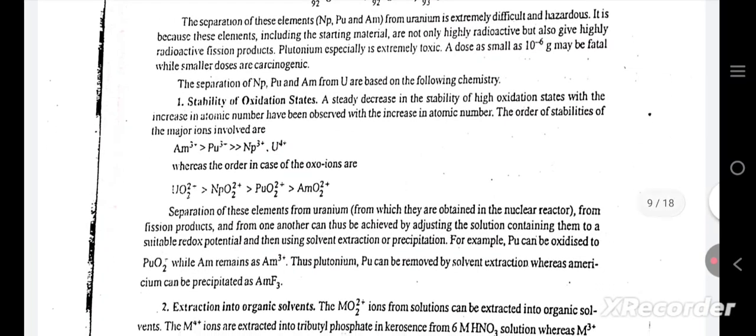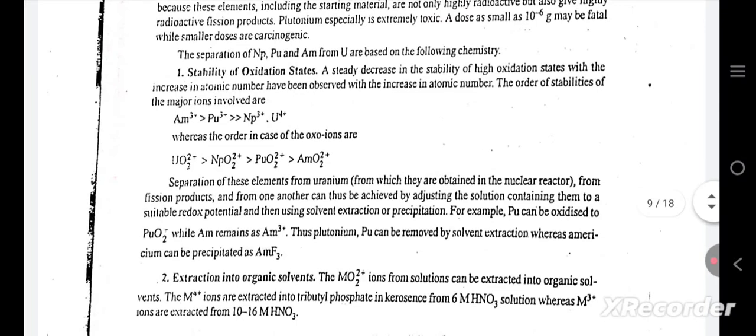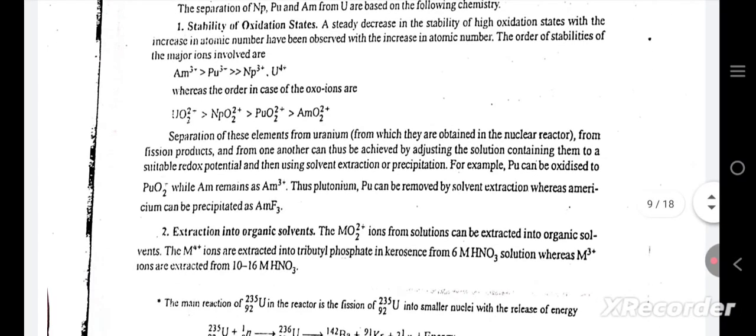The separation of these elements from uranium is extremely difficult and hazardous. It is because these elements, including the starting material, are not only highly radioactive but also give highly radioactive fission products. Plutonium especially is extremely toxic. The separation of Np, Pu and Am from U is based on the following chemistry. Stability of oxidation states. A steady decrease in the stability of high oxidation states with the increase in atomic number has been observed. With the increase in the atomic number, the order of stabilities of the major ions involved are: